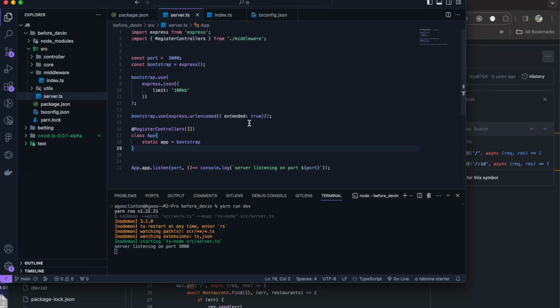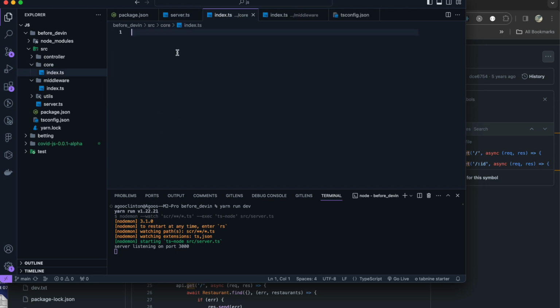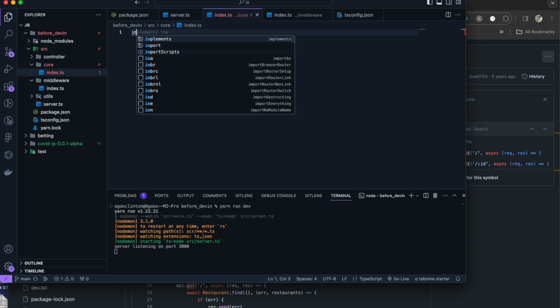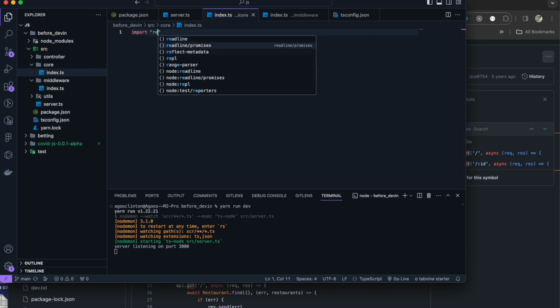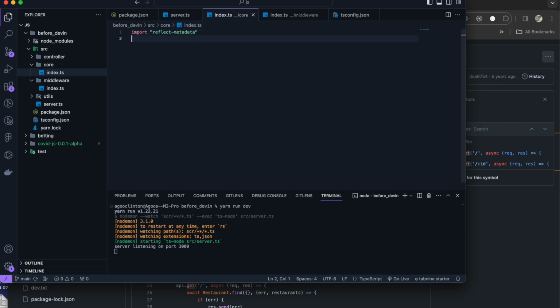In this video, we're going to work on the core part of the application. So inside the core, let's create an index.ts file. So what do we have here? Let's create some nice decorators for the HTTP and our controller, right? So first, we're going to import, as always, reflect-metadata. After importing that, we're also going to import